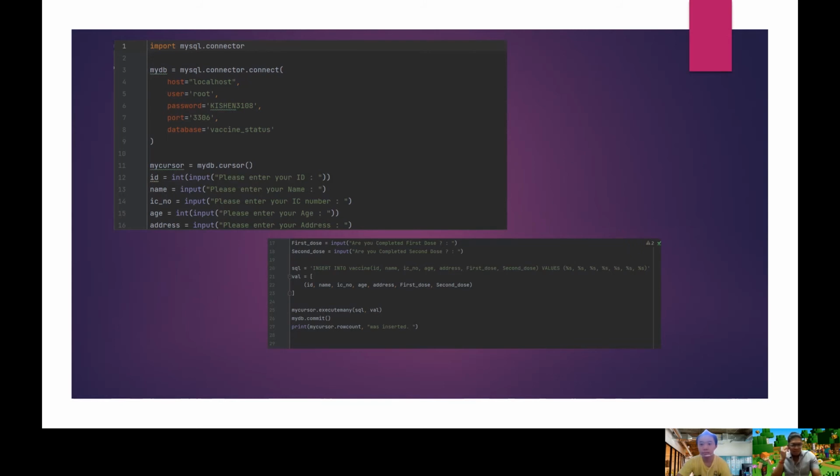So first of all is the import mysql.connector. This is to import the MySQL. Then after that is the mydb equals to mysql.connector connect. This is also part of the SQL which gives the host, the user, the password, the port, and the database. And then after that are the labels and all the text that will be produced in the output, which is